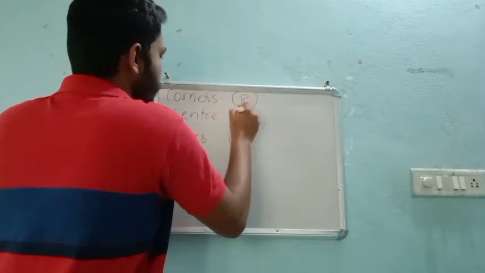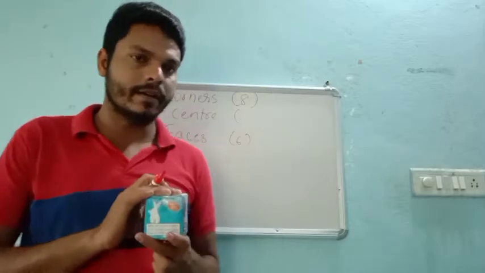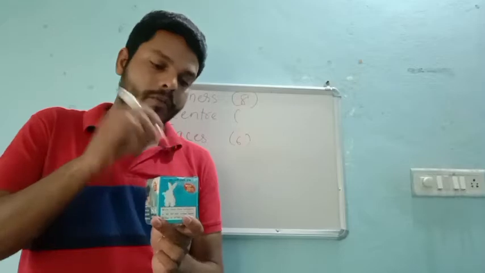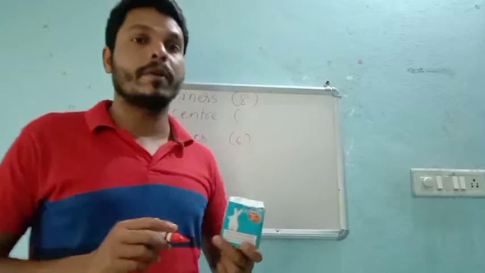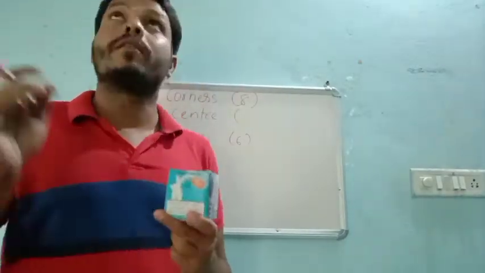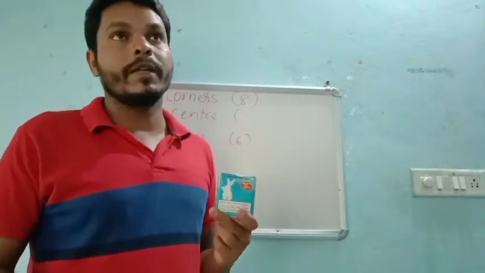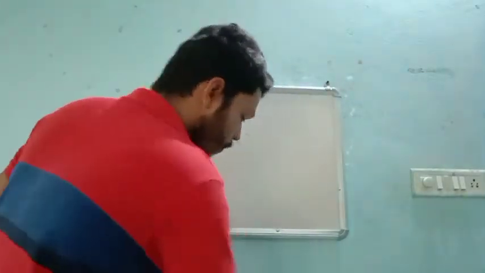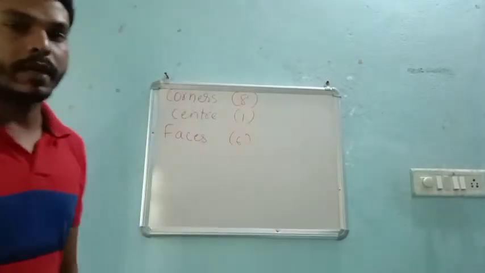If the atom is present at the center of one unit cell, then definitely I can divide it 50-50 by taking only one center, not by taking 2 centers. So it is very simple. Or you can take an example: if the fan is present in this particular room, then that fan belongs to this room only. That means the fan's air will not go to that room. Likewise, the centers are always one in a cube.